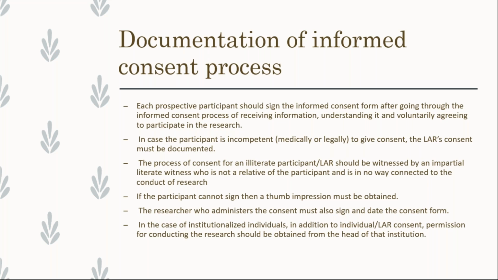We have seen that the informed consent document has two parts: the patient information sheet and the informed consent form. On the informed consent form, after going through the patient information sheet, hearing all the explanation from the researcher, and clarifying all the doubts, the participant has to sign. In the form it will be written that, like, I have been explained very well on the study aspects, what all is done in this research, and I am very well aware about it. Maybe such a statement will be there, and the participant has to sign on it.